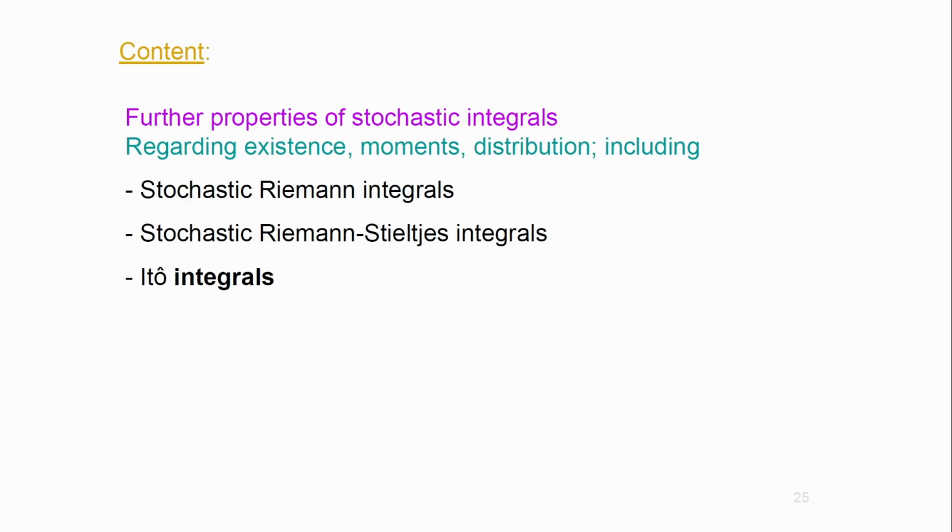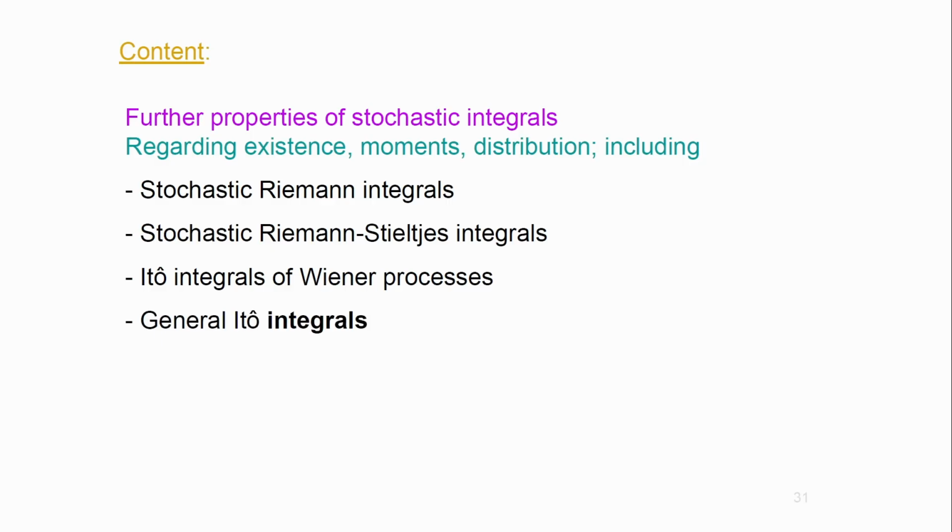Now, whenever these integrals come up, there is always going to be a Wiener process around. So we're going to look at these integrals in terms of Wiener processes, and mostly Wiener processes only. So there's always going to be a Wiener process there. And therefore, I'm also going to look at the general version, but that is also including, at least for the integrator, the Wiener process itself.